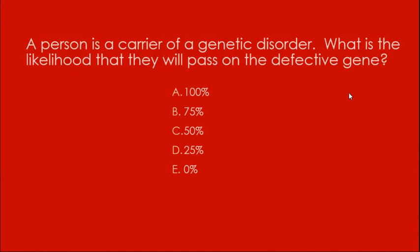But here's your next question. A person that's a carrier of a genetic disorder, thinking back to what you were just looking at, what is the likelihood that they'll pass on the defective gene? Well, if you have two alleles, if you have two chromosomes for every pair, one of those chromosomes goes into the gamete, then it's a 50-50